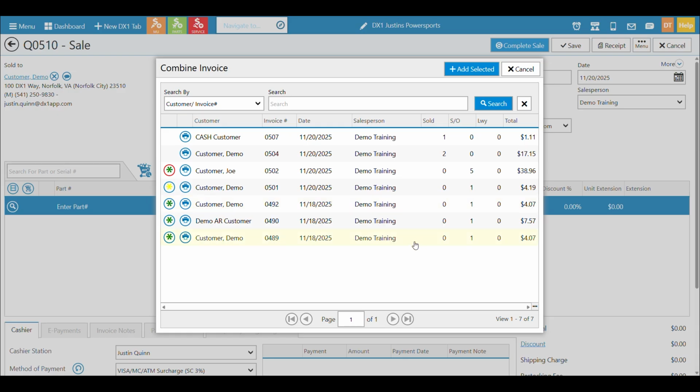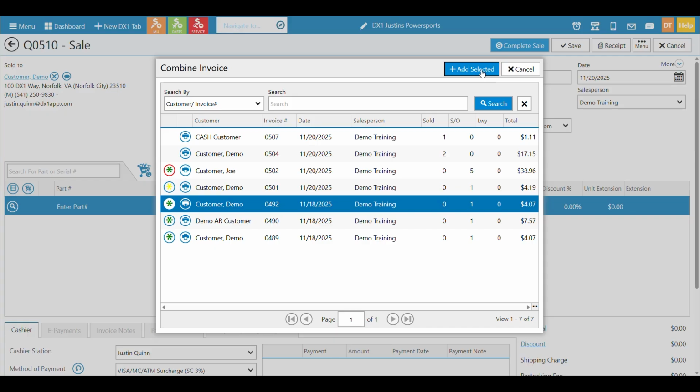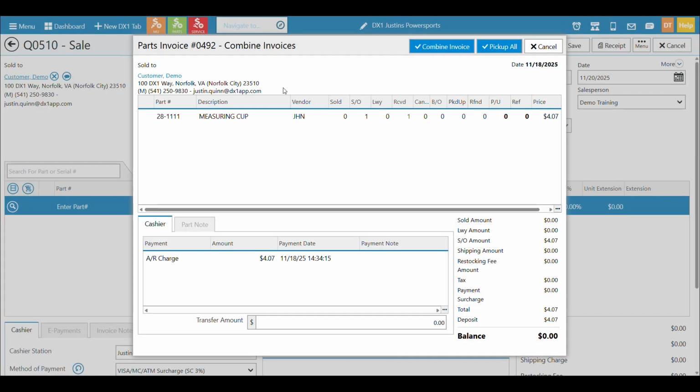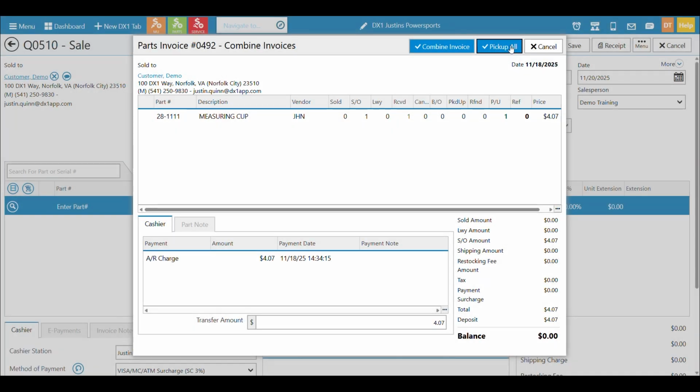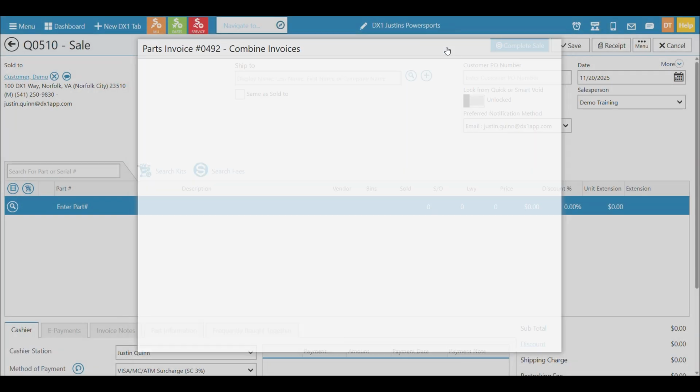So it doesn't even have to be the same customer. Obviously, you would probably do it with a customer, but if I find an invoice that I have on hold, I can pick one like this. I can click add selected. It'll kind of show me some of the details of the original invoice. I can say combine invoice here. And oops, I should have picked up my parts first. And then I can hit my combine invoice.